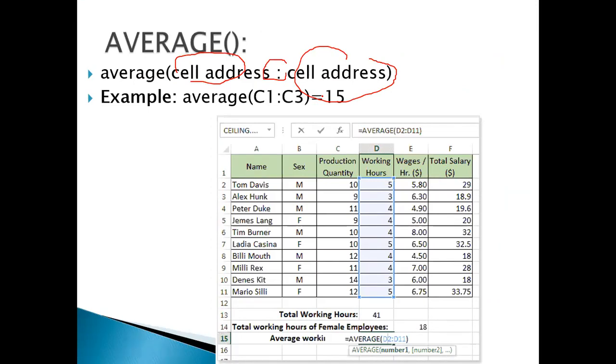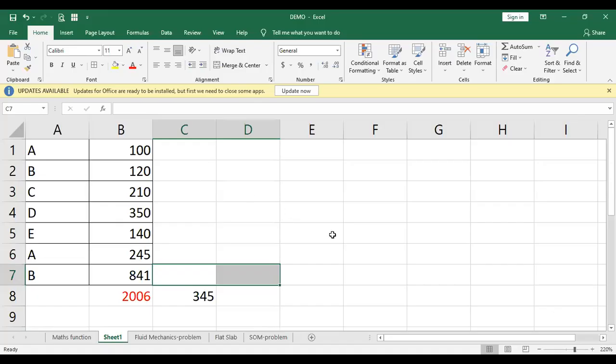So suppose I go here to the Excel sheet, now you want to make the average.